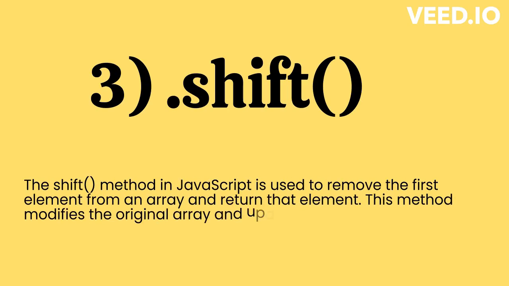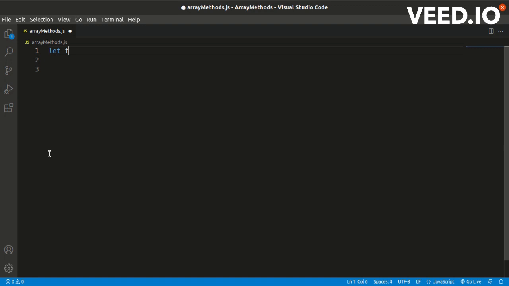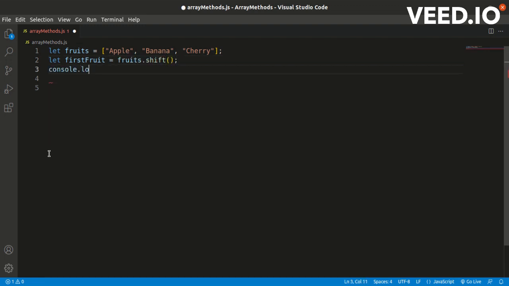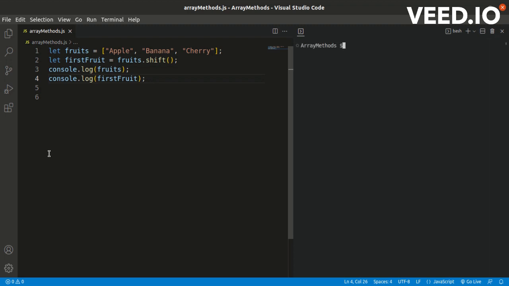The shift method in JavaScript is used to remove the first element from an array and return that element. This method modifies the original array and updates its length property. It's important to note that shift method is slower than pop method because it needs to re-index all the elements in the array after removing the first element. In this example, the shift method removes the first element, apple, from the fruits array and assigns it to the